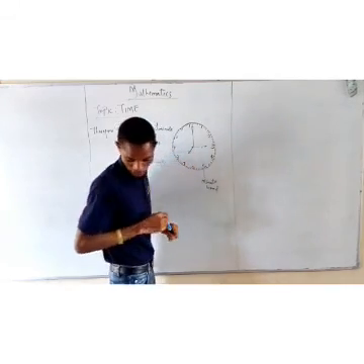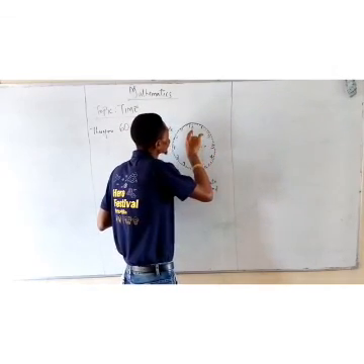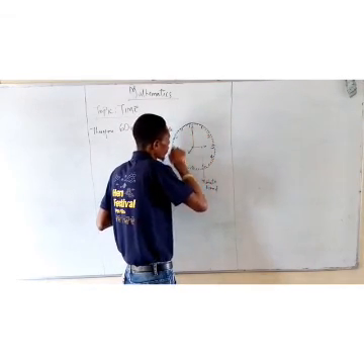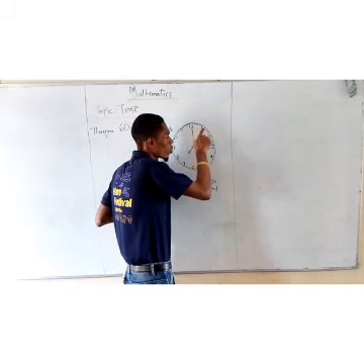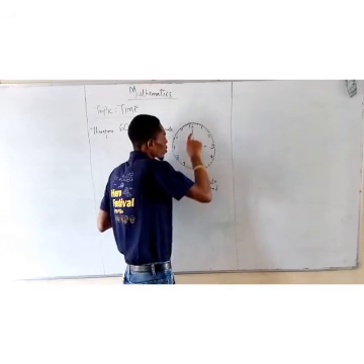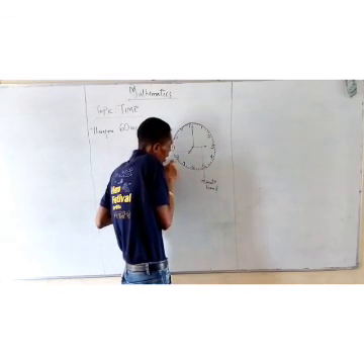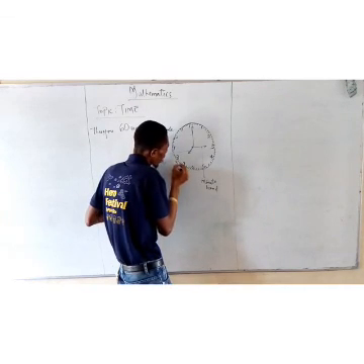Let me come over it again. If this minute hand moves from 12 back to 12, it has gone 60 minutes. And the hour hand moves by one